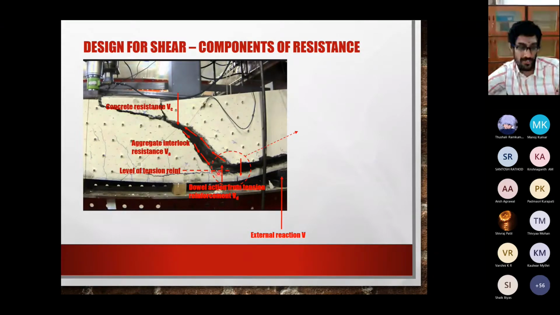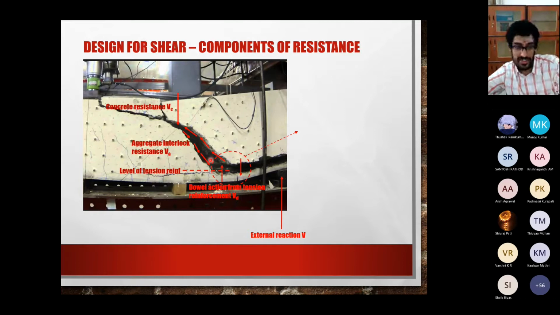Why is the crack coming up to the reinforcement and then going like this instead of cutting through? Any idea? No guesses? Sir, the steel will be resisting the bending, sir. So basically, yes. At the level of steel,